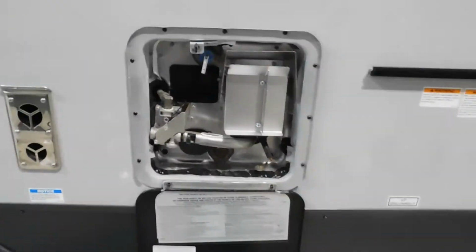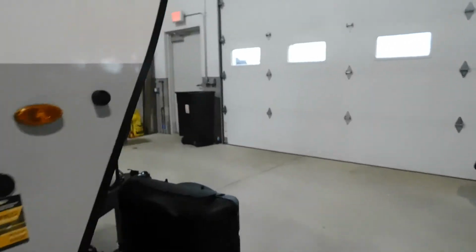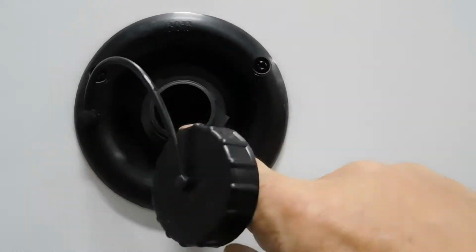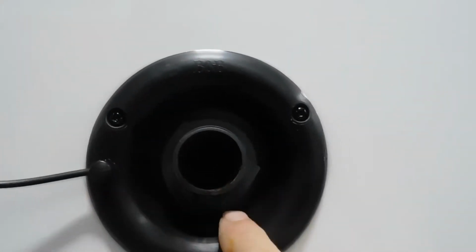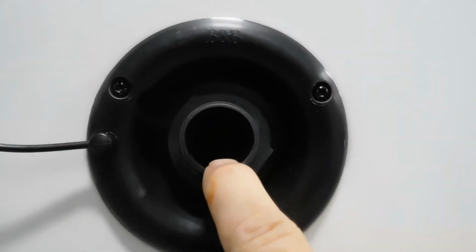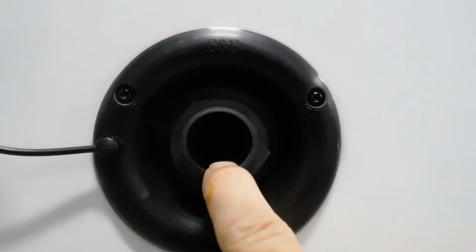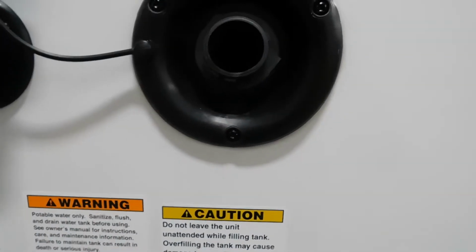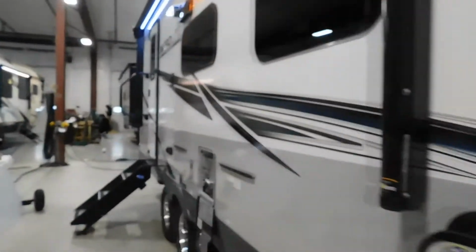Now for camping, if we're using potable water, you're going to go back around to your campsite side. Find your fresh water. Now in this fresh water tank, you simply hook a hose up and fill that up. It's non-pressurized. There is an overflow here. However, the easiest way to keep an eye on these to see when they're full is to come inside your unit